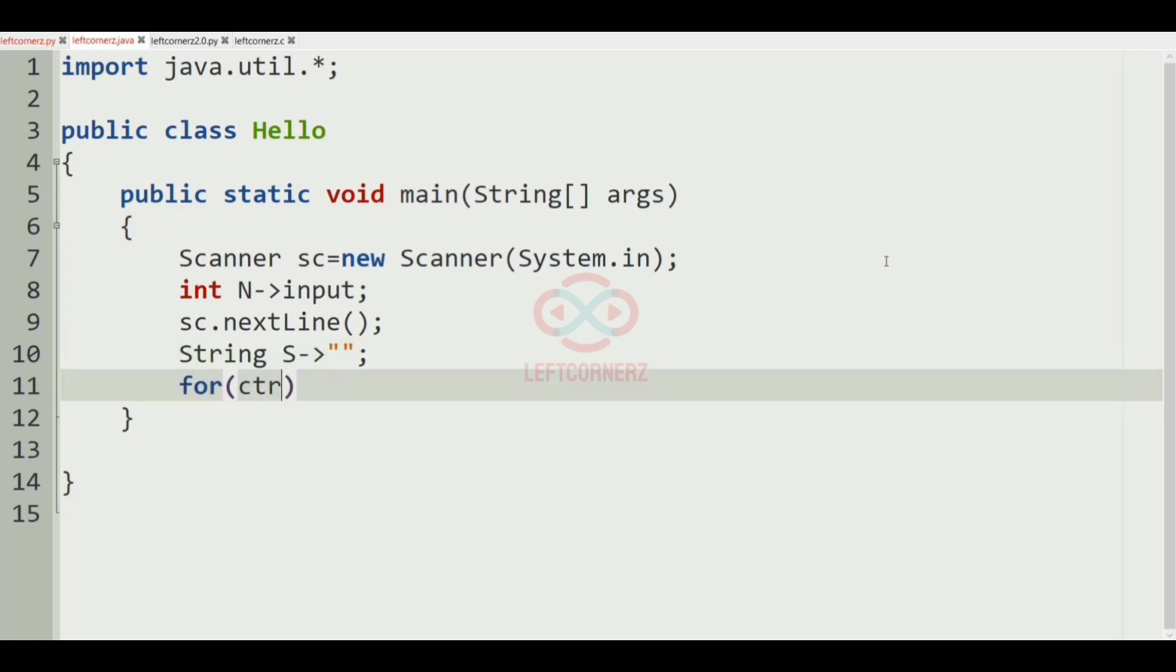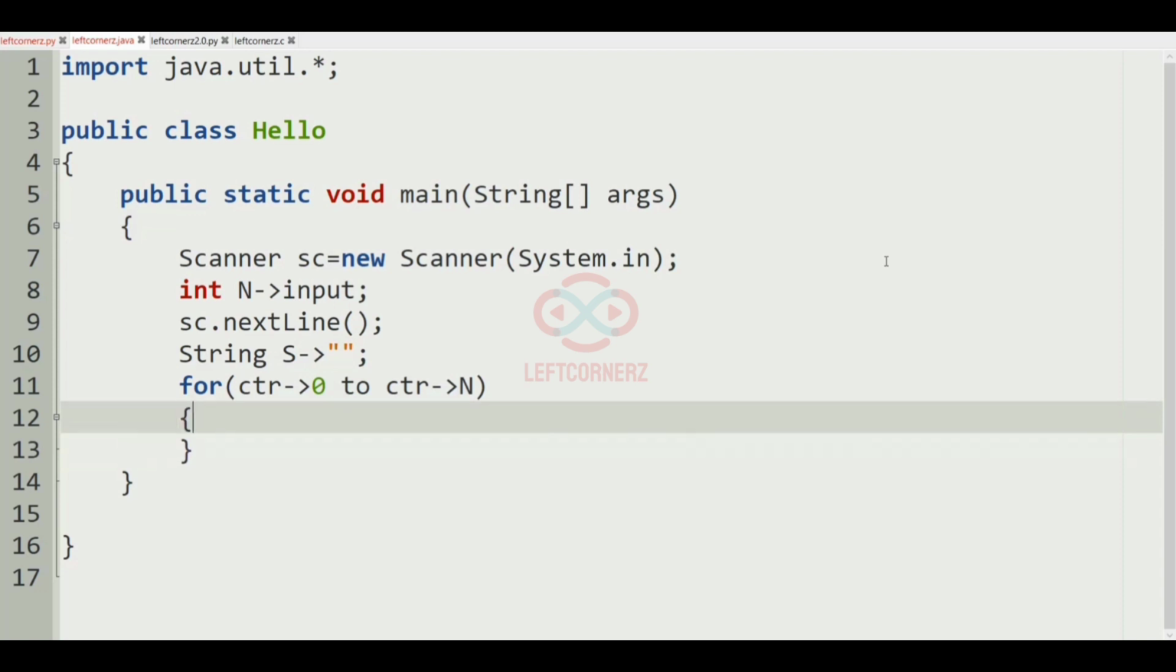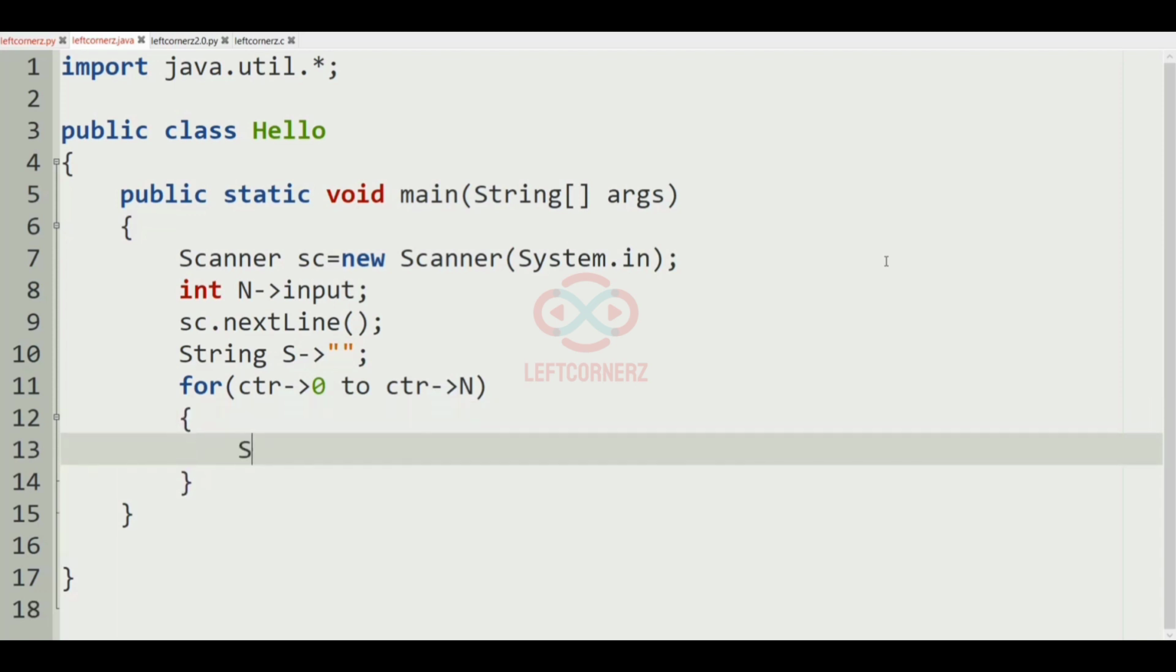and for ctr 0 to ctr n. So in this iteration the ys will be added with the sc dot nextLine of, so this is the input string,